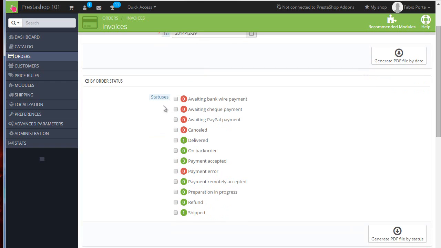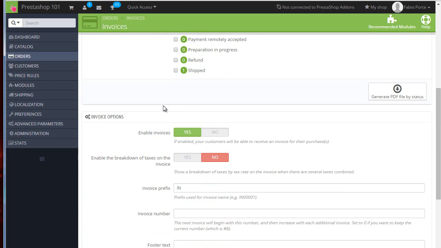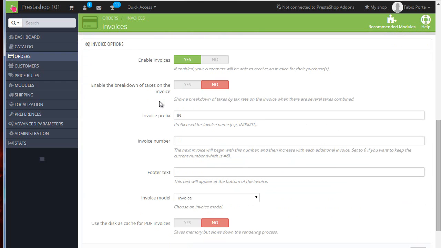So we can download all of the invoices for orders set to a given status. And then, of course, at the bottom, we can configure the invoice options. So we can choose if we want to enable invoices. Then if we want to enable the taxes breakdown on the invoice, and this will show a really detailed